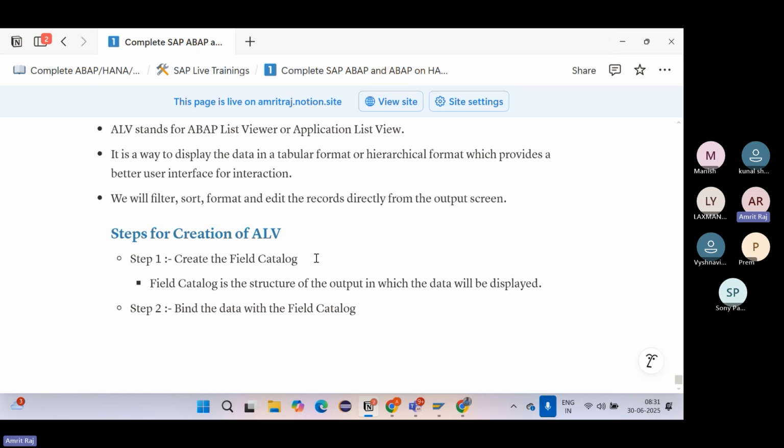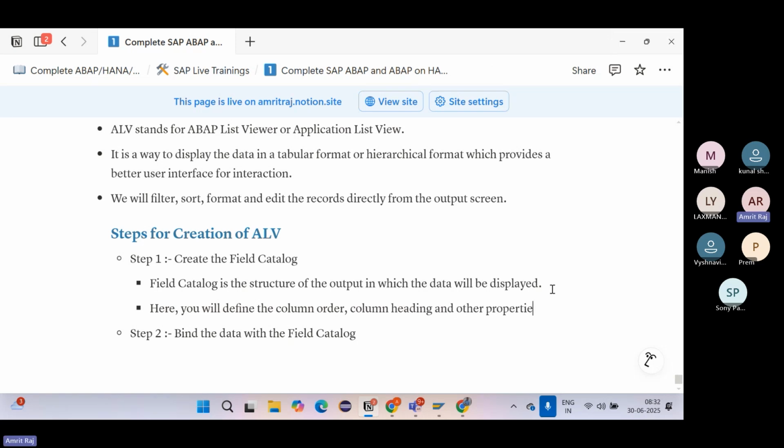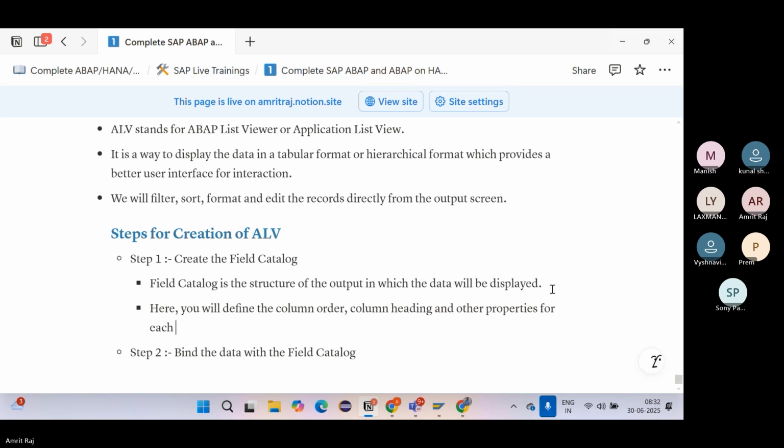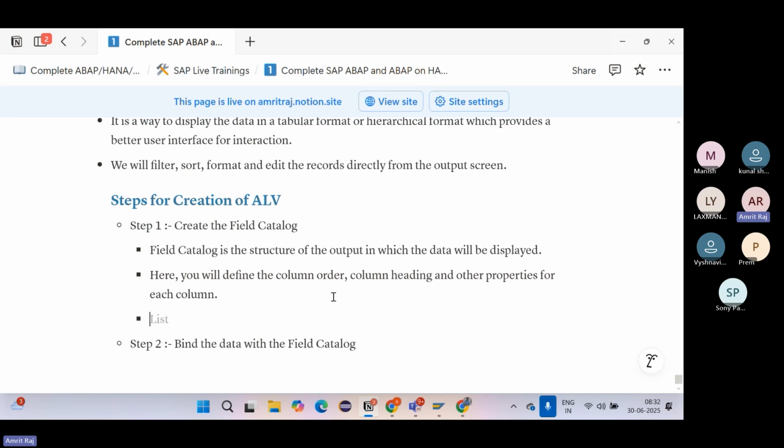Here you will define the column order, column heading, and other properties for each column. The structure that we use to create a field catalog